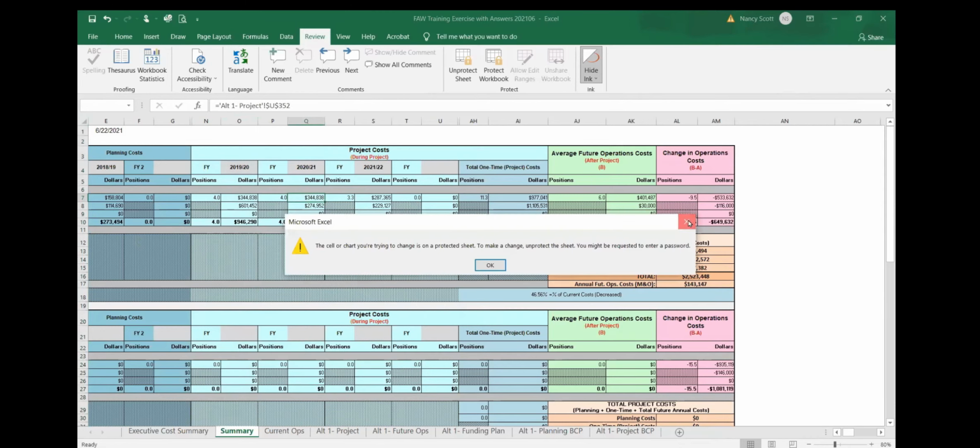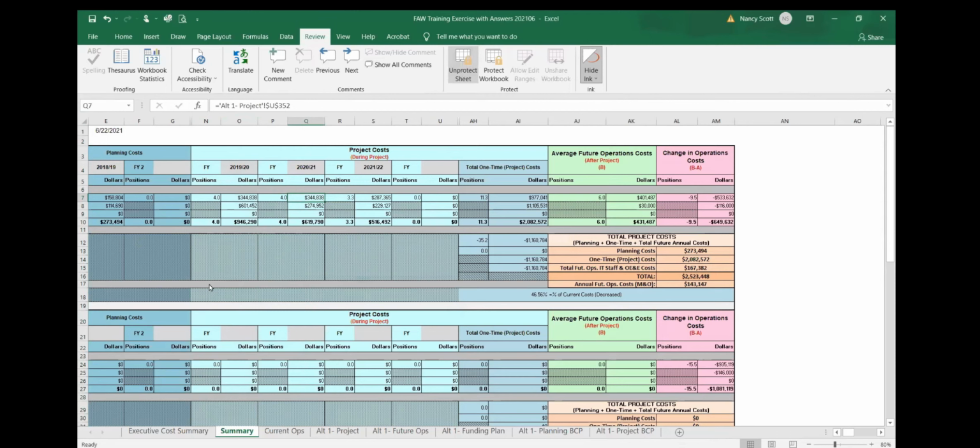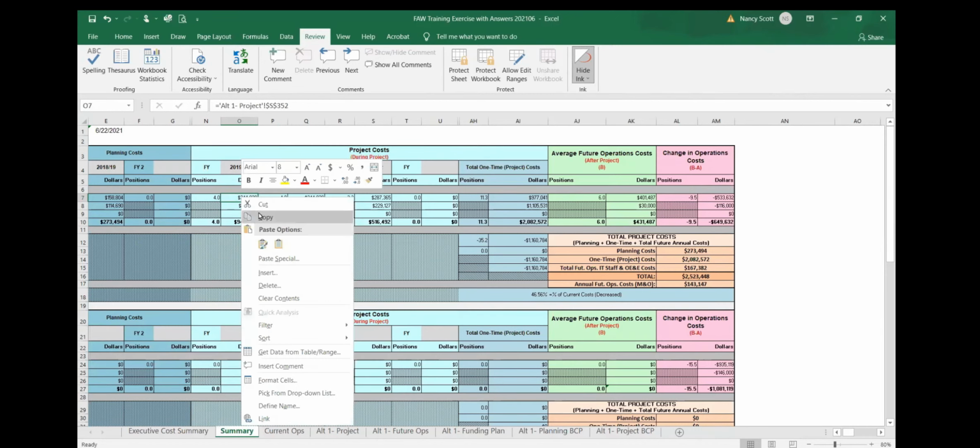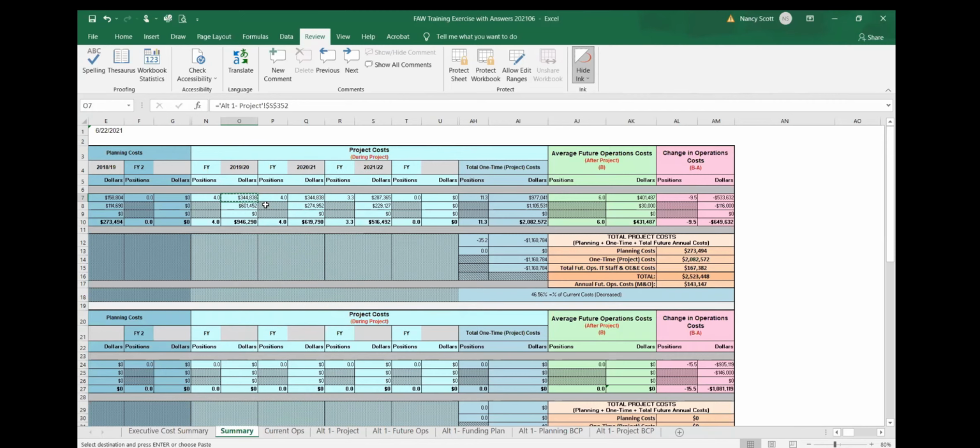The problem is if I went in here and put in the password, the 123 or PAO, guess what? It's going to let me cut it. And once I did that, that formula's gone, everything's gone.